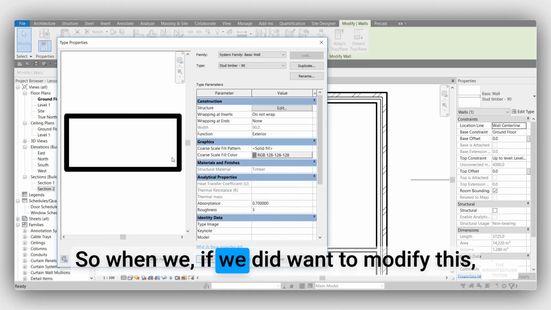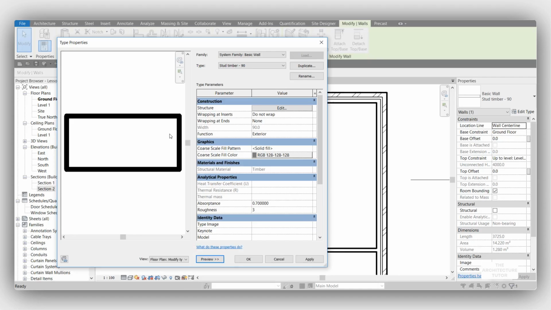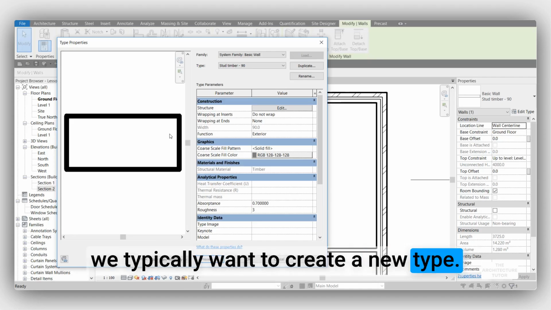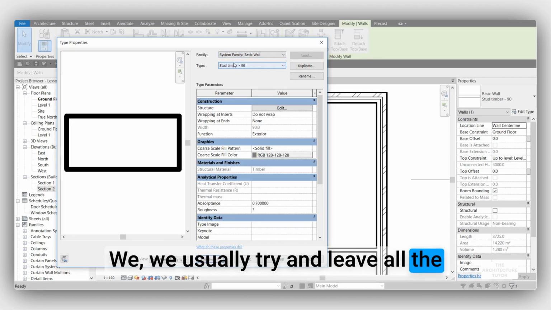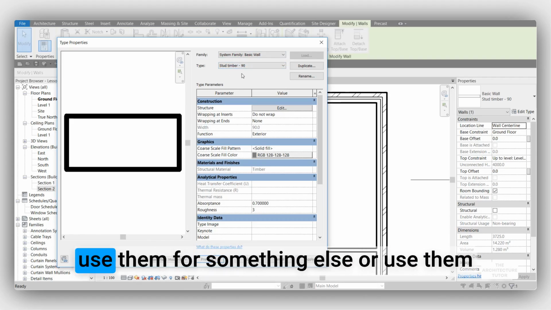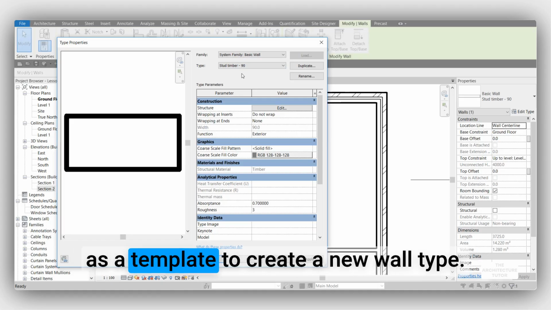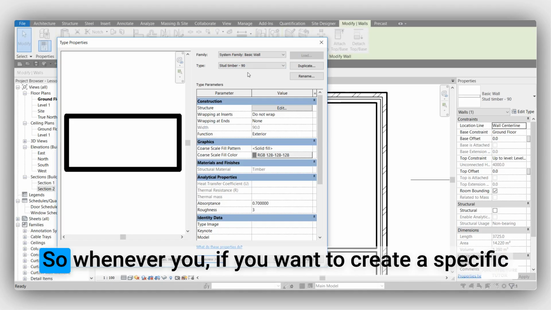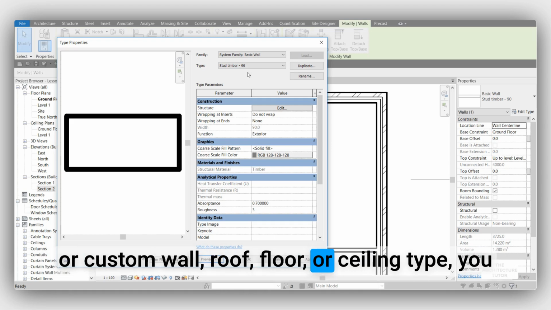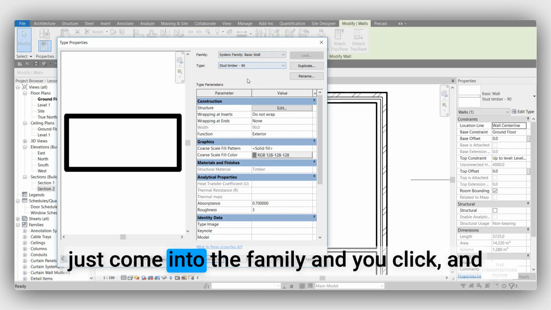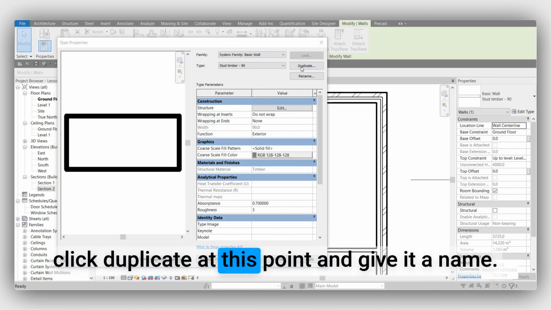If we did want to modify this, we typically want to create a new type. We usually try and leave all the defaults as they are in case we want to use them for something else or use them as a template to create a new wall type. So if you want to create a specific or custom wall, roof, floor, or ceiling type, you just come into the family and you click duplicate at this point